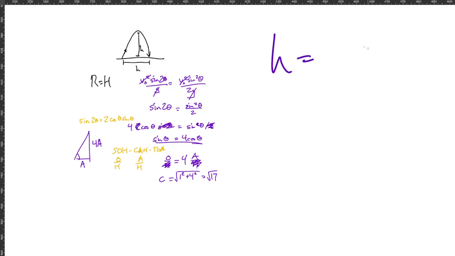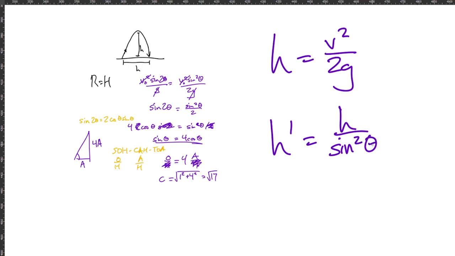Height, remember from before, is equal to v squared over 2g, right? If we plug that in to what we originally had for our velocity, the original height, or height prime in this case, is going to be equal to our original height divided by sine squared theta, right? And that, my friends, is how we get that our h prime is equal to h divided by